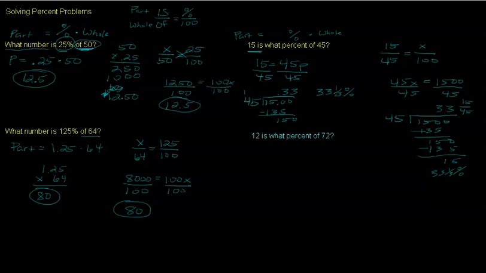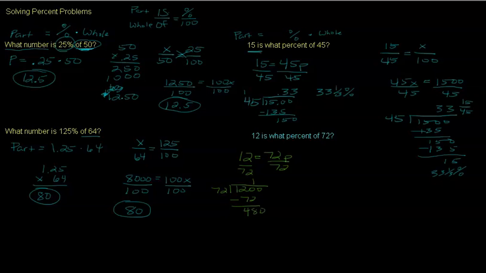Okay, so when you don't have this easy way, 25% times the whole, I'd use the proportion way. Okay, just feel like mixing up the colors here. So 12 is, so 12 equals a percent times a whole. So 72, P. All right, divide by this. Okay, now multiply the top by 100. Okay, and then go ahead and divide. So this is going to be 1,